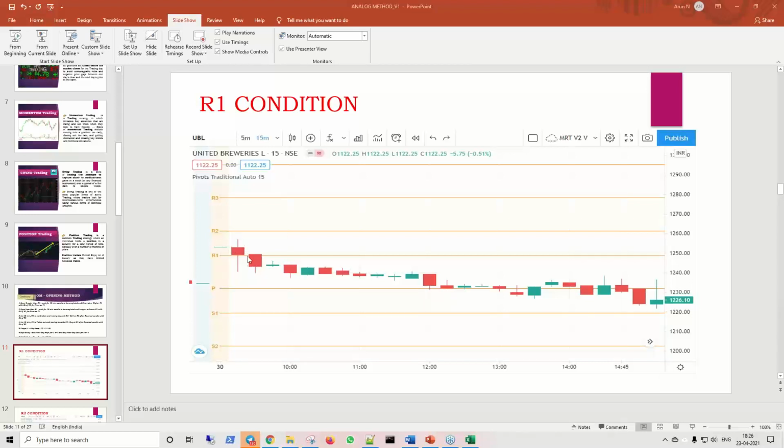What if the first 15 minutes is a green candle? Don't do anything. Now wait for R2. Those conditions will be explained a little later. You have to wait for R2, and again we wait for a red candle or reversal candle to form at R2, and then we'll initiate our shorts. The time frame is the first 15 minutes, bro.